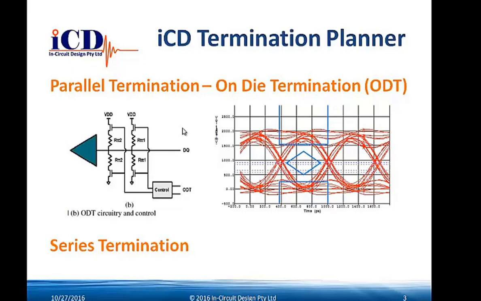The one advantage of on-die termination is that it opens the eye diagram. So you can see on the right there, the eye is wide open when you have the on-die terminations turned on, because it pulls the waveform up and down vertically and creates this open eye. So it's good to have, but if you have a long data bus, for instance, you still may require series